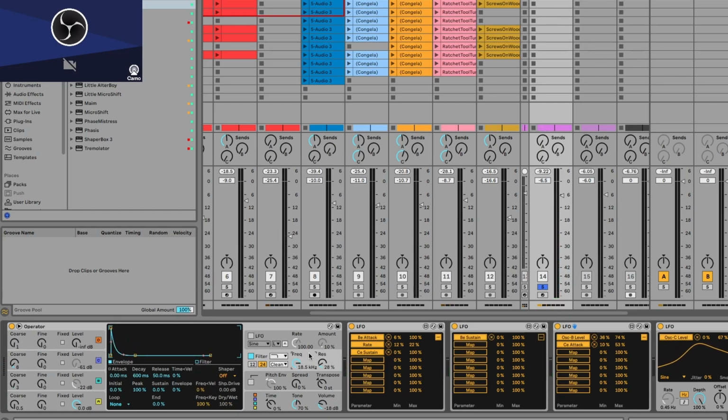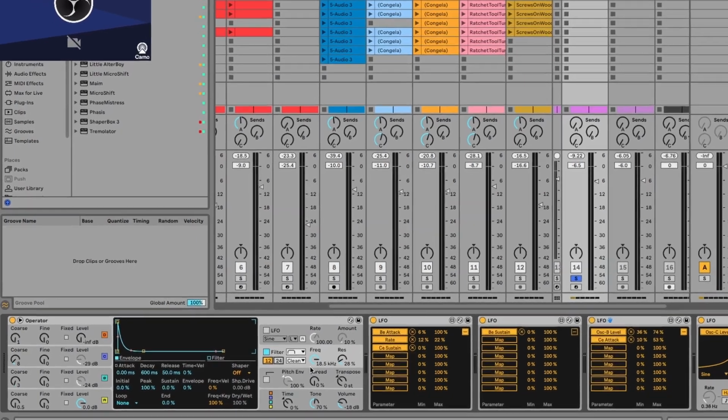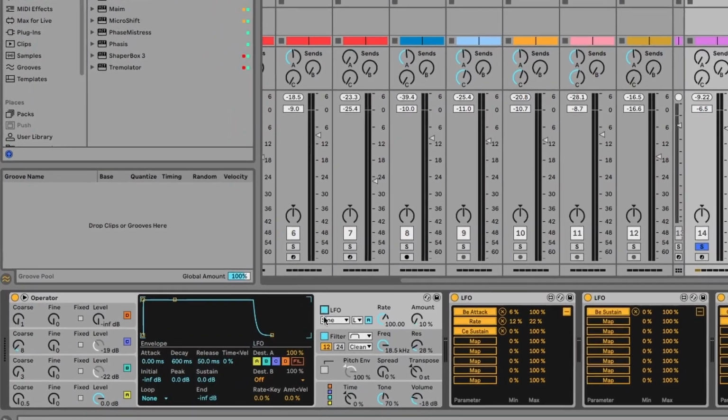Fairly happy with how this sound is shaping up, but I think we'll need a bit more to help it cut through the mix. We can basically be a little bit creative here with filters. We've got an interesting sound. I'm going to start by using a bandpass 24 dB, and then we'll assign the LFO,